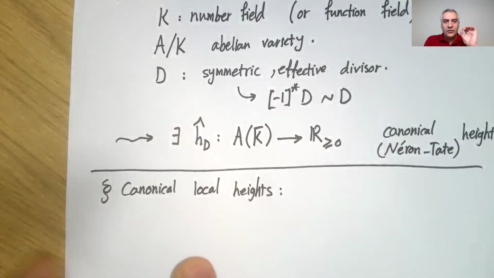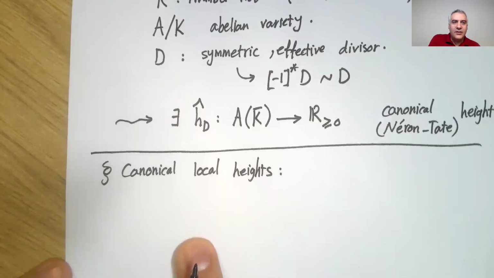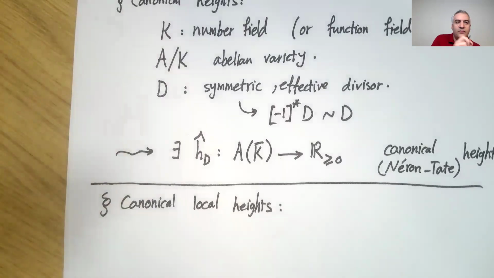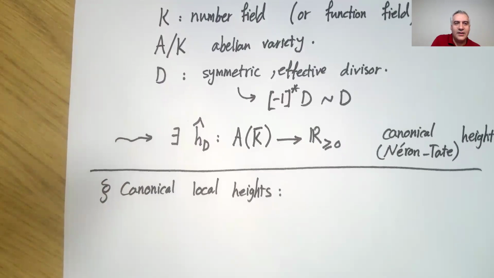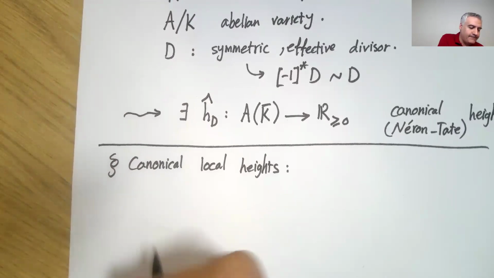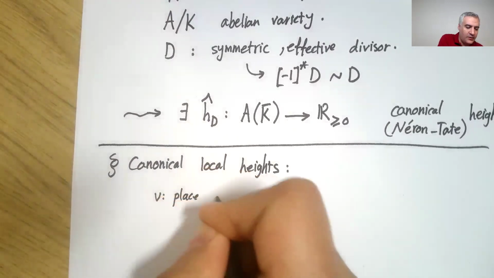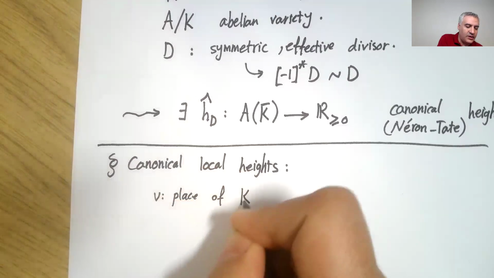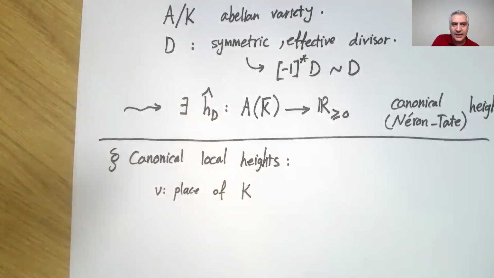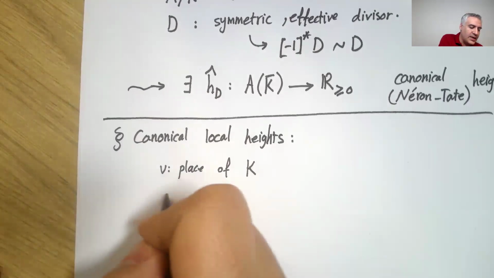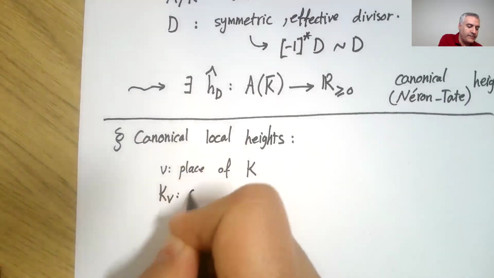By local, I mean I want to focus at one place at a time. So if your number field is maybe rational numbers, I want to fix a prime, or maybe prime at infinity, and say something about that. So V is a place of K. Again, if you think of K as Q, by place, I mean just a prime number or infinity formal notation. And K_V is the completion